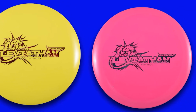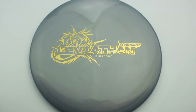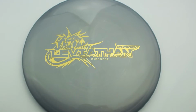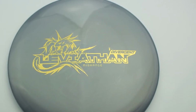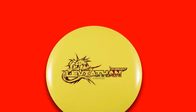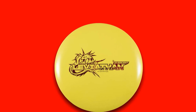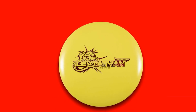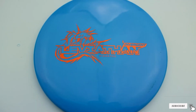Power throwers will likely find that the Leviathan is too flippy for them when playing in headwinds. The Leviathan is available in an ultra grippy Max Grip plastic that looks great and feels even better. This is a moderately durable plastic blend that will give you confidence in all weather conditions. The softness of this plastic does take a beating when you are hitting lots of trees or sharp rocks. If played primarily on very difficult disc golf courses, you may want to consider a disc available in a more